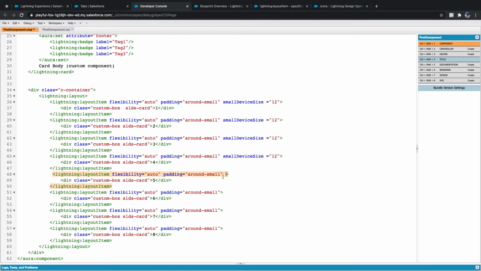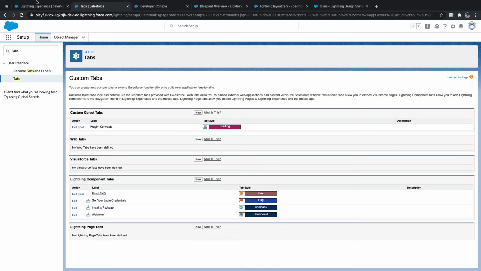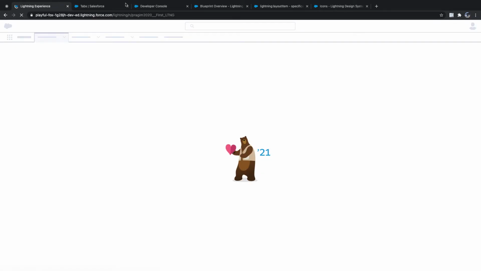I mean, the grid size is 12. For HTML, one complete page size is 12, right? I hope you know this. The entire page will be segregated into 12 columns. That's the concept of any UI component development.